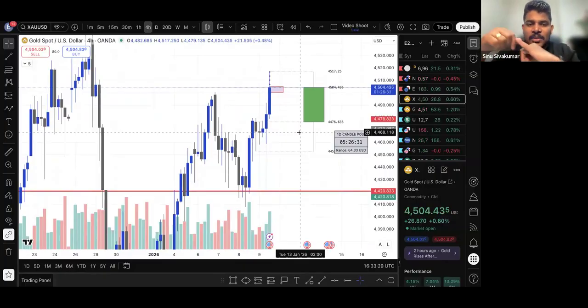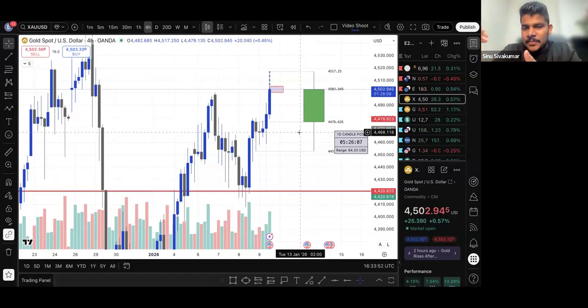So we have discussed, if you want, please make a note: change in state of delivery, which is CISD. Also, we have discussed turtle soup. We have discussed ICT order blocks. We have discussed inverse fair value gap. And we have also discussed, let's say, liquidity sweeps. Earlier, 5 years down the line,